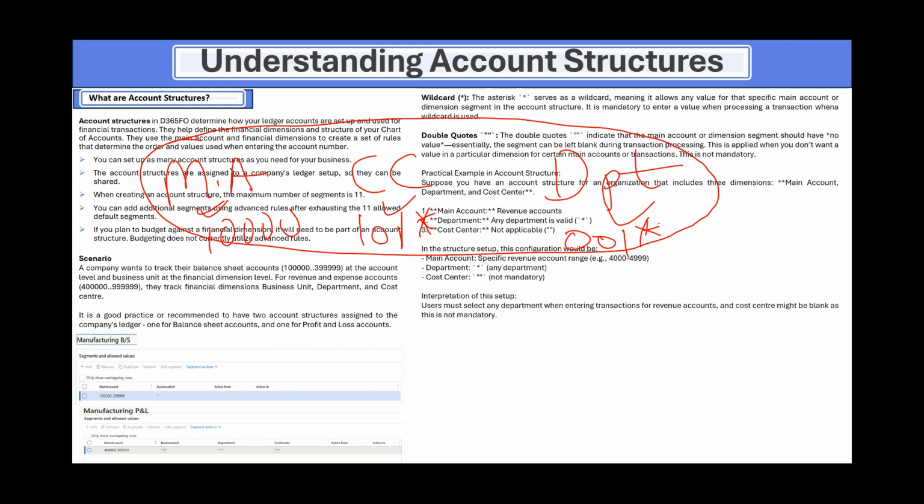Also, when you are processing a transaction, if you type 10,000, you want to make this optional and you want to make this maybe mandatory, you can also set it up under your account structure. All right. Okay. Then again,